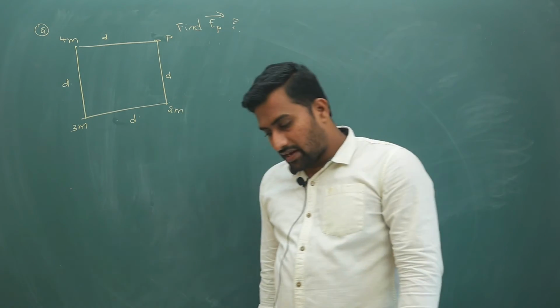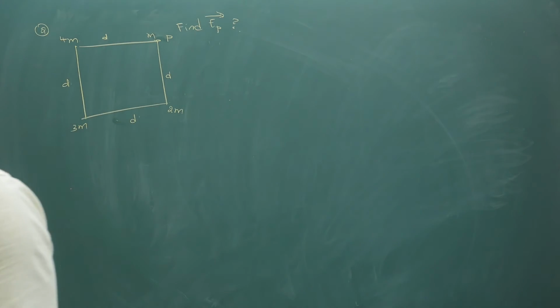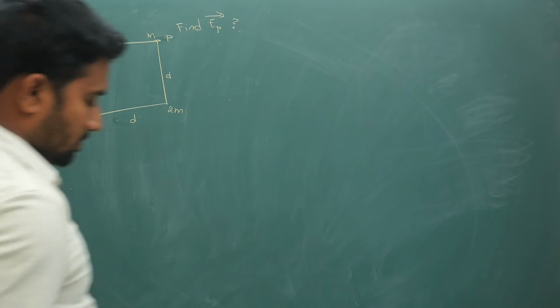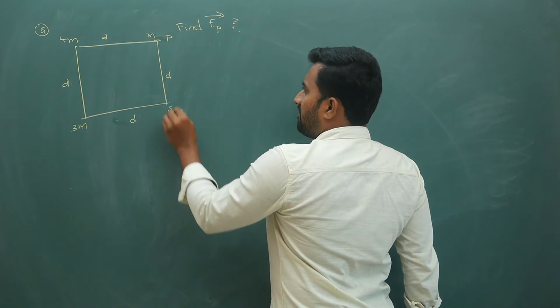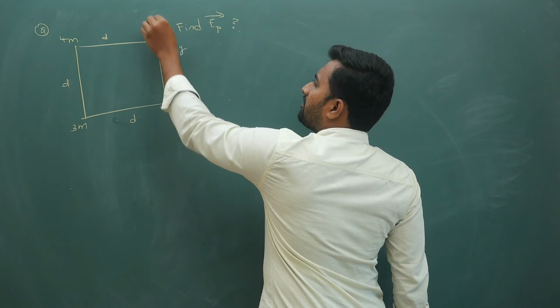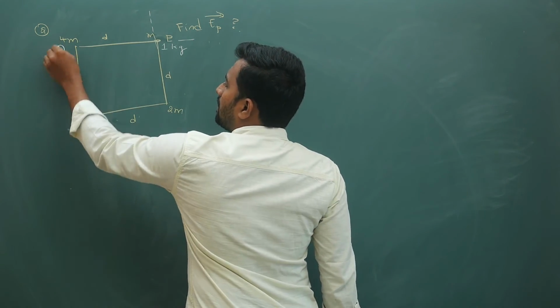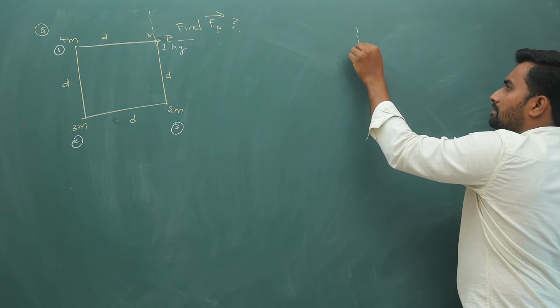To get the field, even if I keep one more mass, it doesn't matter. Whether I keep m or not, your field will be there because of all. Because of m, there will be no field at that particular point because that mass is already at that particular point. So to get the field, what is that you are supposed to do is, if you place 1 kg here and if you define your axis this way, if you mark this as 1, 2, 3, now observe carefully.